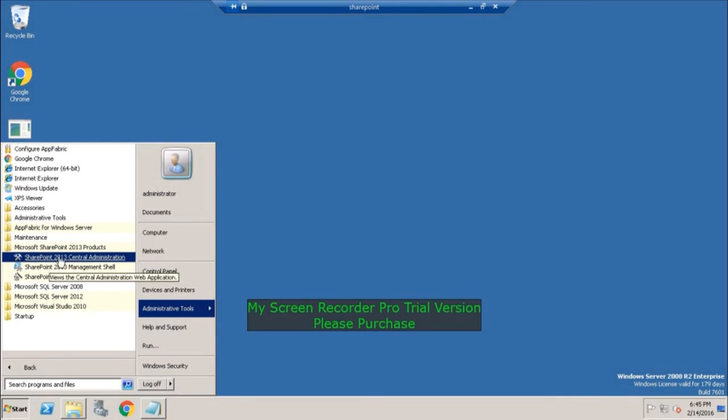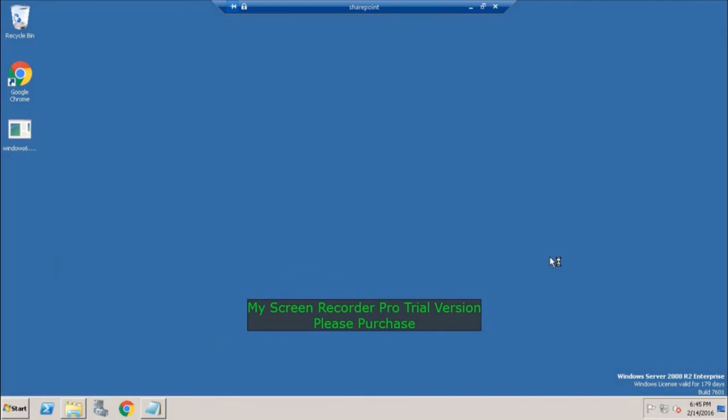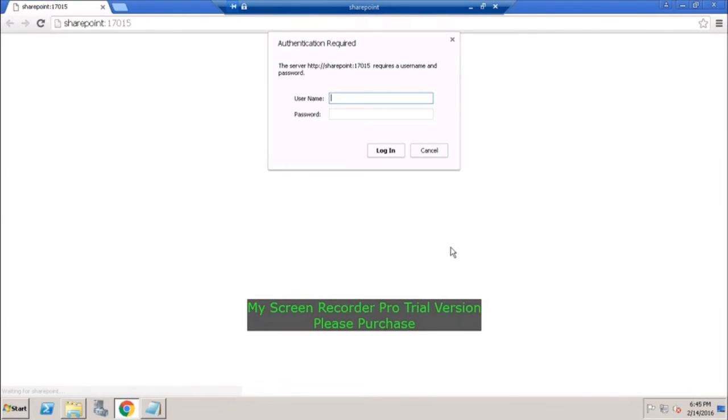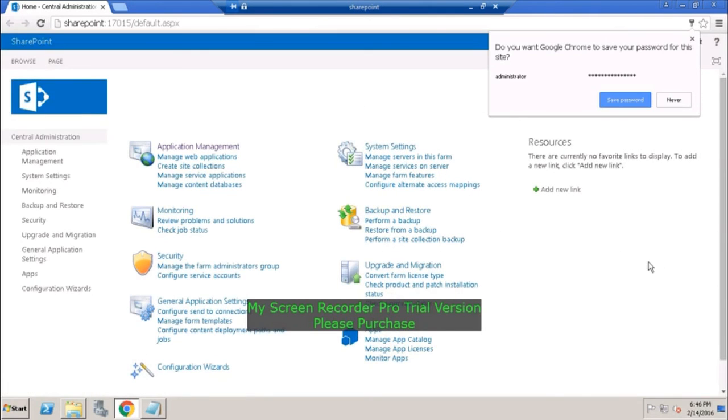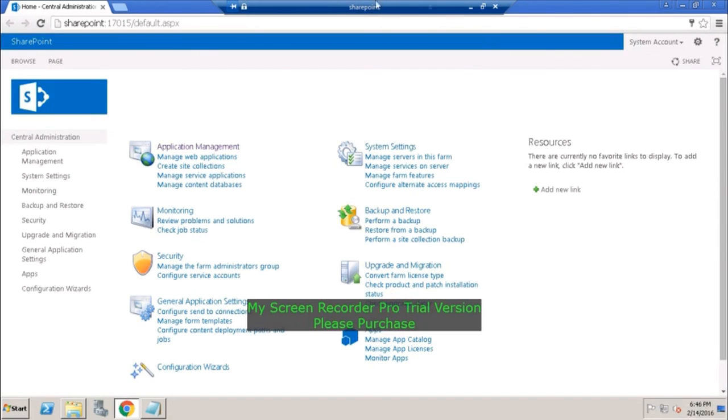Open the SharePoint 2013 Central Administration. Here pass the credentials and click on OK. Clear, Azim? This we can call Central Administration.